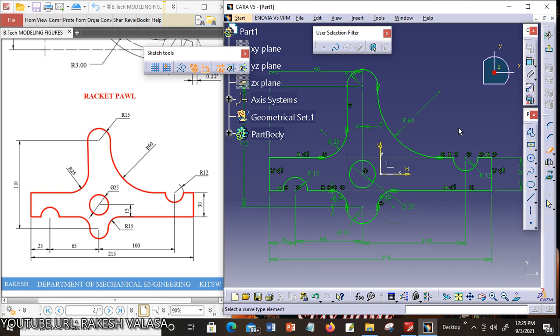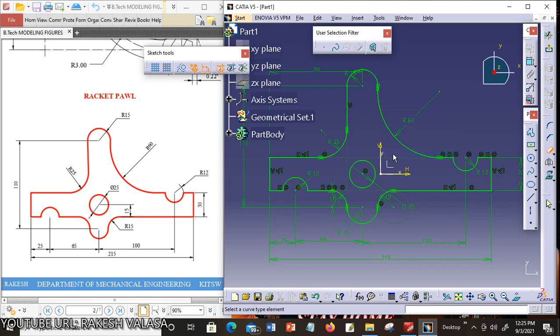Now you can hide the unwanted dimensions. Just keep the dimensions that are in the rocket ball, only that dimension. You can hide all remaining dimensions. Now I'm hiding this dimension 0.